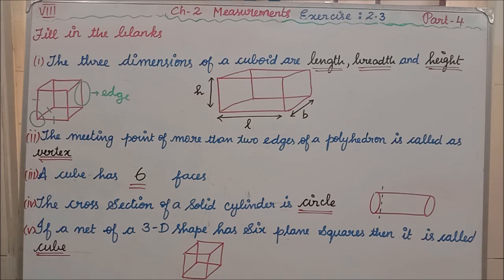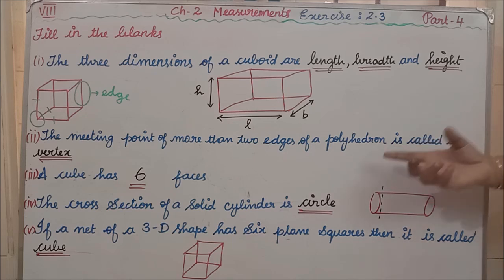Okay, now the fourth subdivision. The cross section of a solid cylinder is dash. See, I have drawn this cylinder and I have made one cross section, which means I have cut one portion. So then for the solid cylinder, that cut portion, the cross section will be what? It will be a circle. See, I have made dotted lines here. Then what will you get? You will get a circle. Clear, the fourth subdivision?